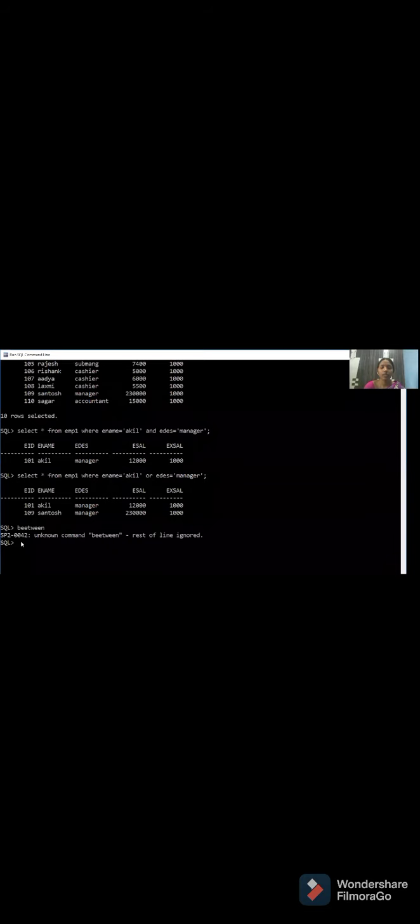So what is meant by between? Between is nothing but checking whether a value exists between some numbers or not. For example, I want to check my hall ticket number, which is 105. Is it between 100 and 200 or not? I want to check that. Clear? So there we implement the between operator.